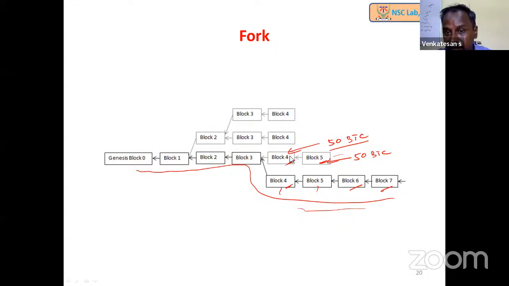So considering this, in the case of Ethereum, they have introduced the GHOST protocol, that is Greedy Heaviest Observed Subtree. They give the reward to the people whose block ends up as a fork also, but that facility is not there in Bitcoin. I'm not sure now, because updates keep happening, whether they are introducing it or not. But in Ethereum, at the time of introducing the implementation, they introduced this concept so that we can encourage the miners. So this is going to increase the security because of the GHOST protocol.